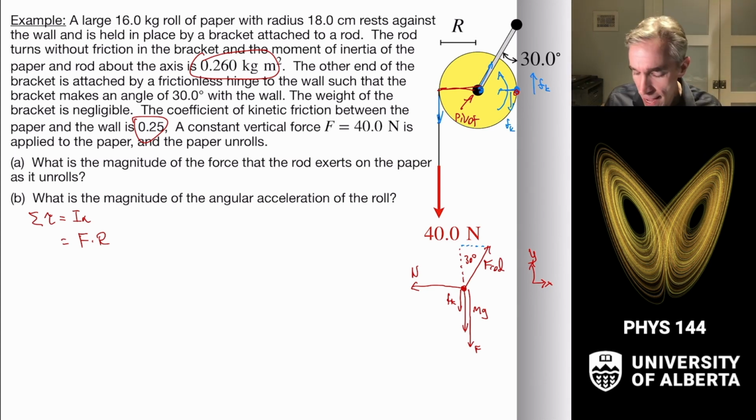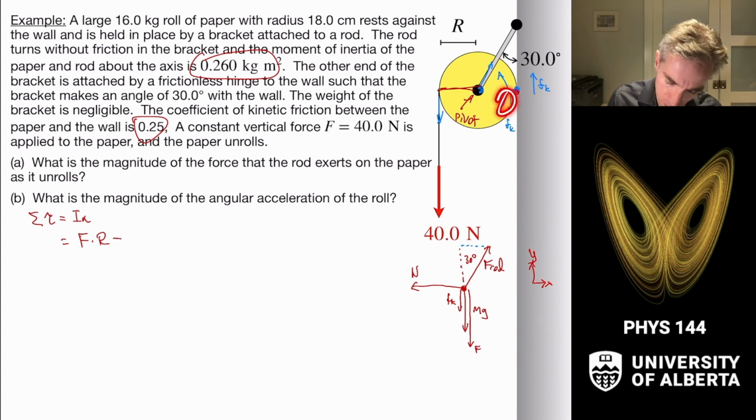Everything's great. And then in the opposite direction, we have a negative torque from this friction force pushing down. It's also acting at a distance r from the center of rotation. So that's going to be minus mu k times the normal force times the radius, and that's equal to I